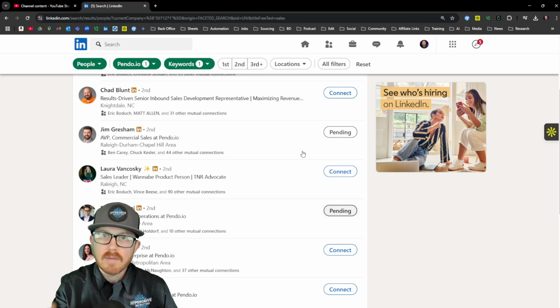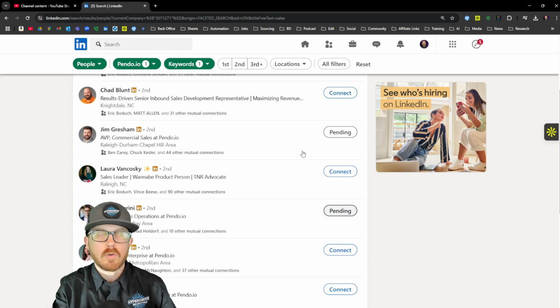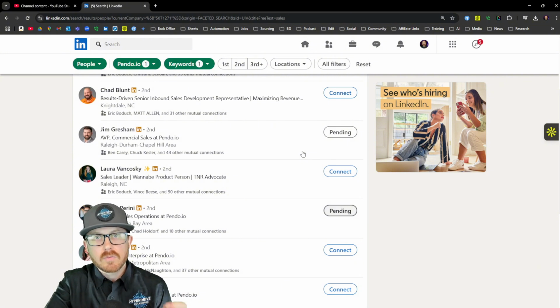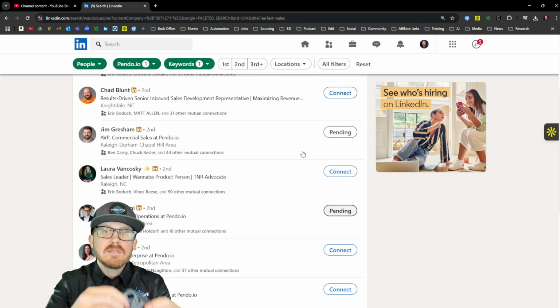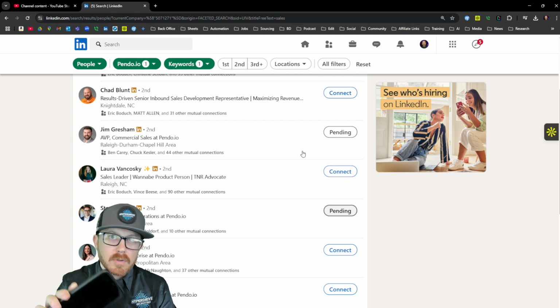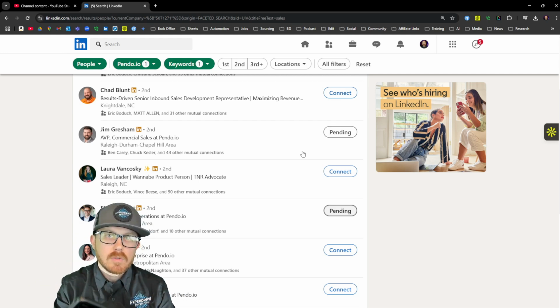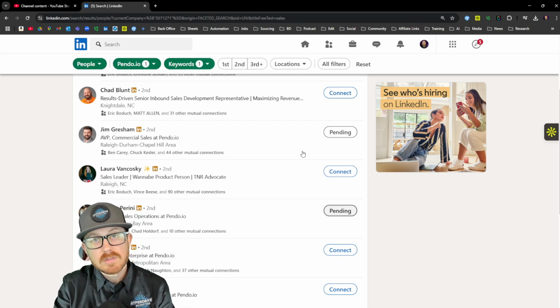And then whenever people do accept your connect request, that's when we're going to send not a typed message. We're not going to DM them in the box. We're going to use the LinkedIn mobile app, the mobile app only. On the mobile app, you are able to send up to a 1-minute audio message, and you could even send a 2-minute video message.